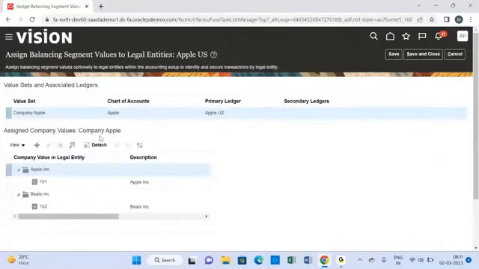Can you see the company legal entity is being assigned and the respective company code also got assigned? How come this mapping is provided in the Companies and Legal Entities tab? While updating the company details, on the right side corner we have given the corresponding legal entity, right? Depending upon that legal entity name, the corresponding balancing segment value from the company codes got picked and updated over here. Okay,